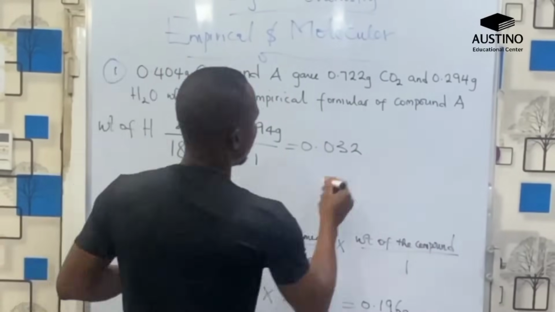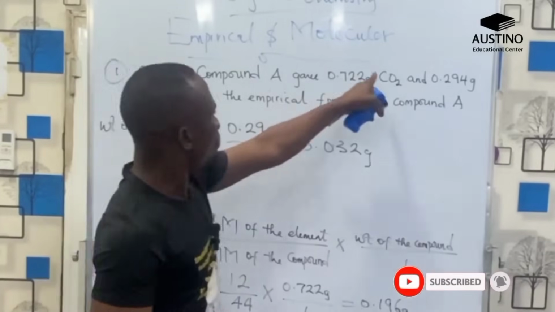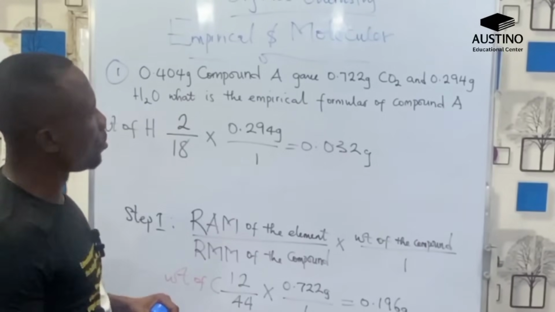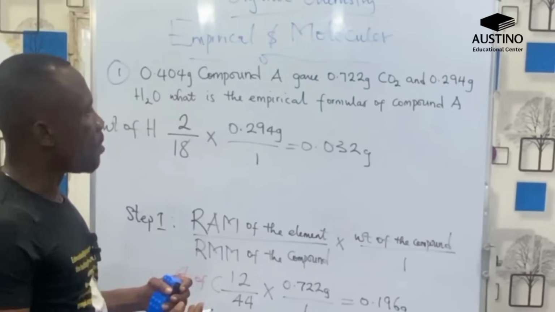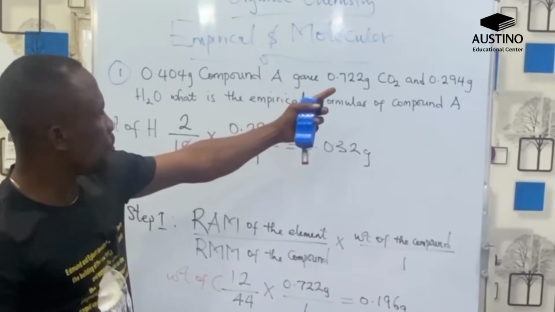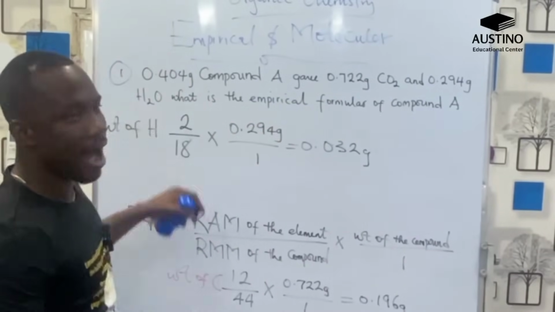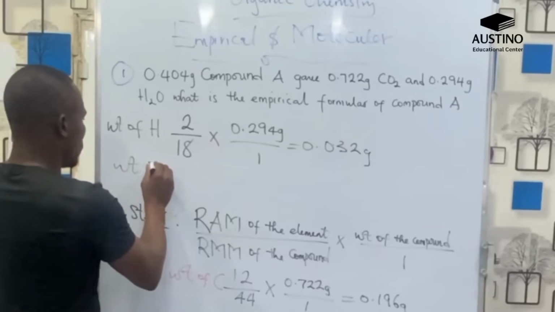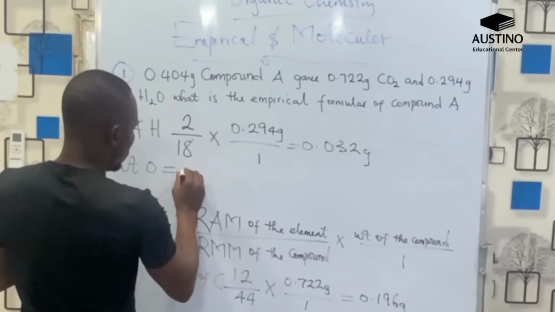0.032 grams as the weight of hydrogen. Now, the weight of carbon and the weight of hydrogen have been found. The weight of oxygen, as the third element present in the unknown organic compound, can be determined by a simple mathematical expression. Knowing too well that CO2 has oxygen and water has oxygen, we get the weight. What is the overall weight? So the weight of oxygen will be equal to the overall weight